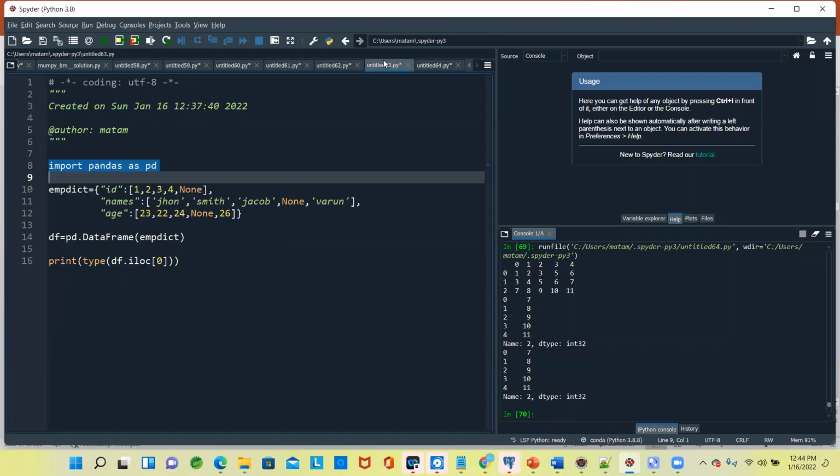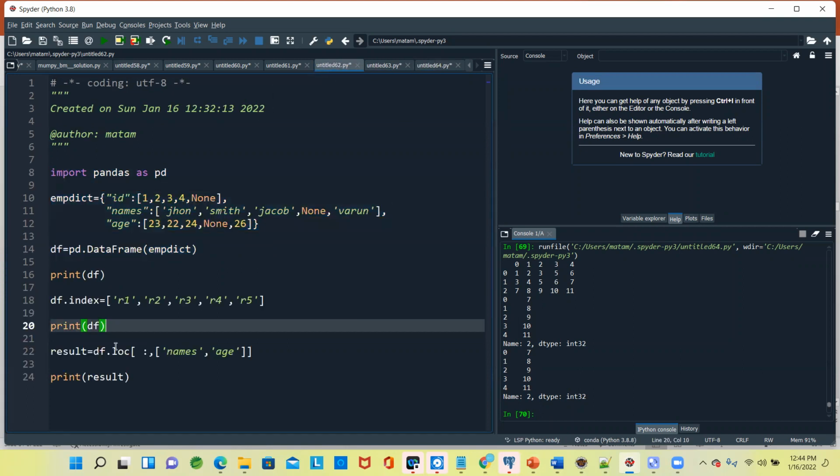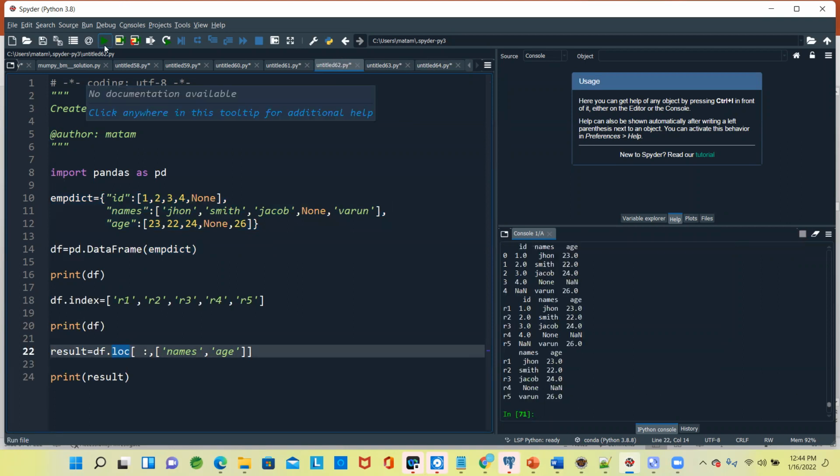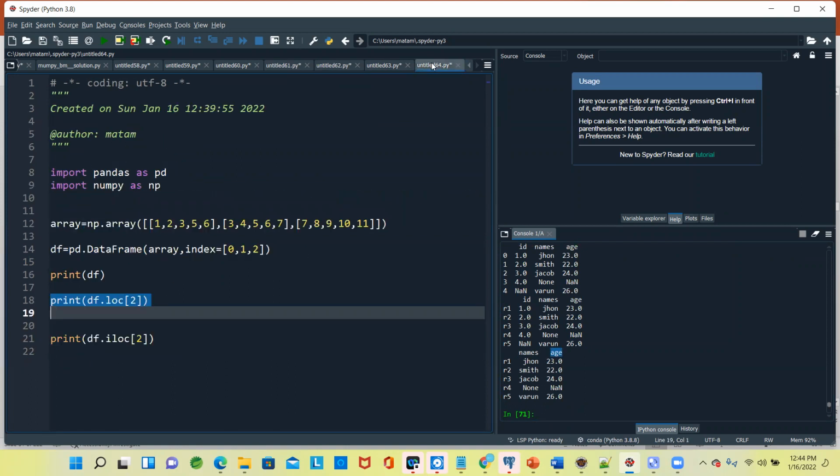We have done a previous example also. In loc, when I say loc, I need a location of this particular name and age. So we are using the second one, the name as well as the age. We took another example also, a beautiful example, row 1 and names 1. In that case, if I specify, I'll get that particular value.